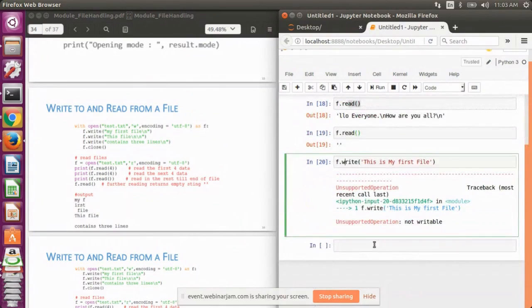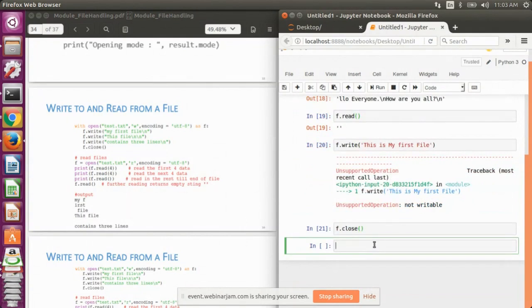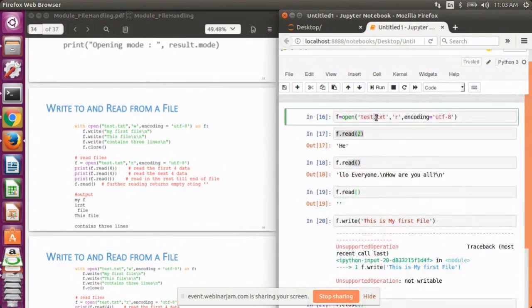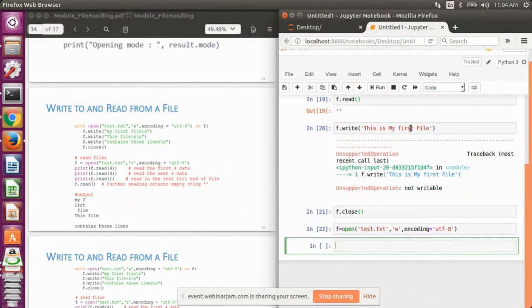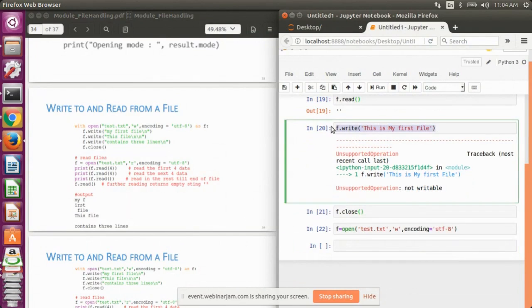So now, to open that file in the write mode, I need to close that file, then open it again in the write mode. I will use the same syntax. So here, I open the file in the write mode and then rewrite this command.